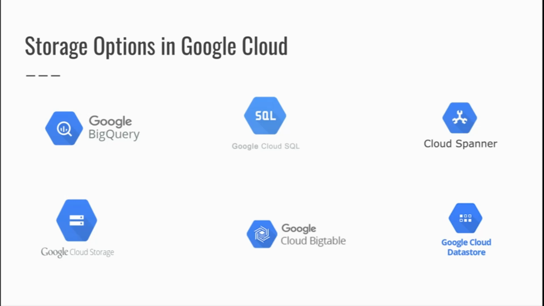And then you have NoSQL databases. Those NoSQL databases come in more like document oriented databases and column oriented databases. The column oriented database on Google Cloud platform is your Google Cloud Bigtable. It supports the HBase API, but it is Google's own proprietary way of having it. And if you see, HBase was actually an offshoot of Google Bigtable.